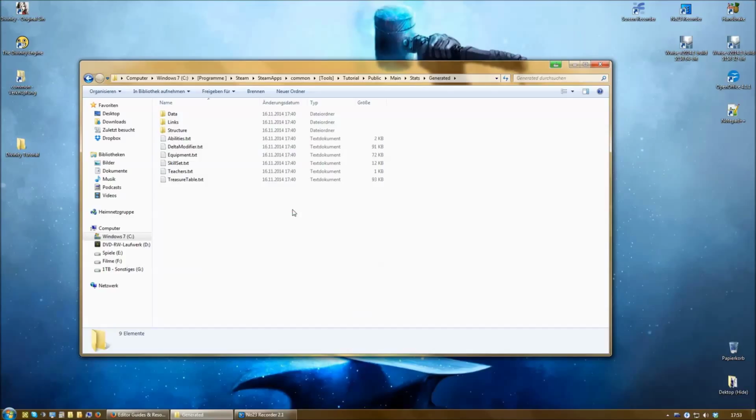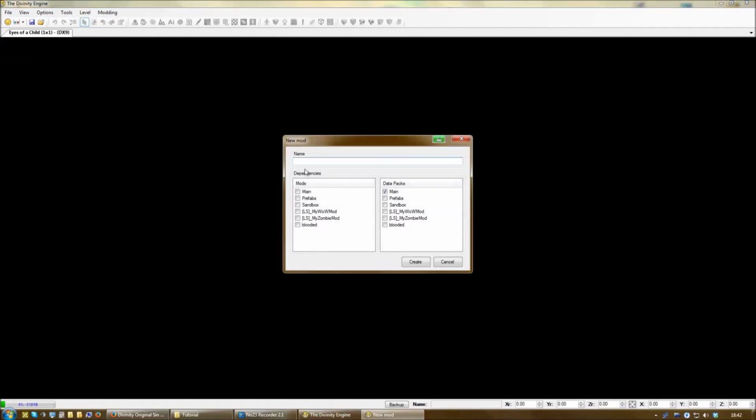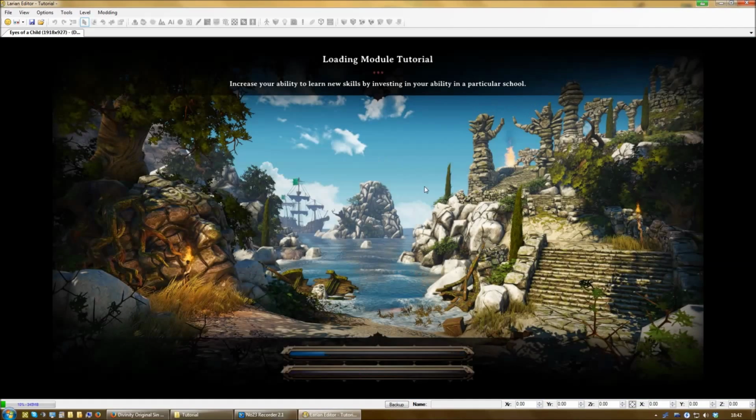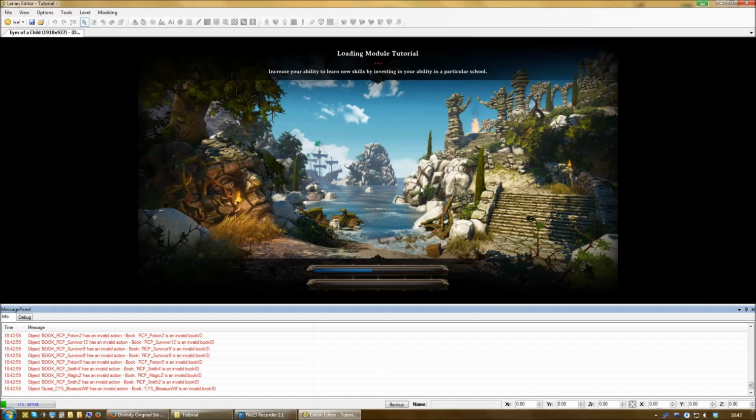Yes, now we can start with creating our new mod. For this tutorial I create a new module, name it tutorial, and with the package in it main. Click create, and it's creating our module. After this short period of time it has created the module,